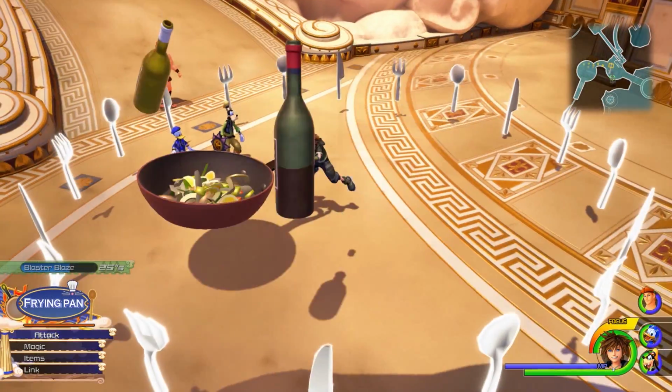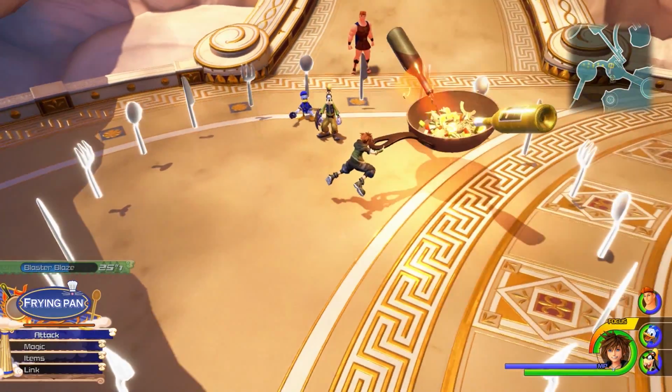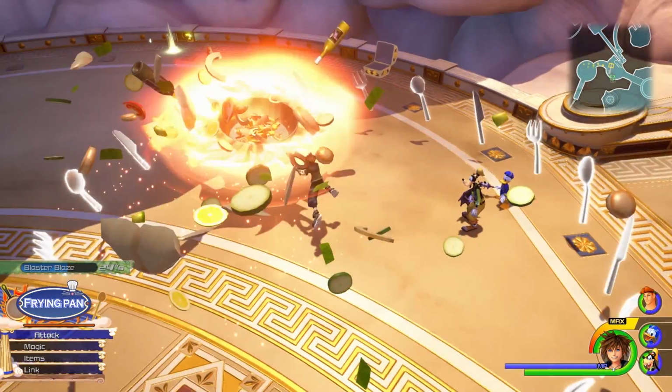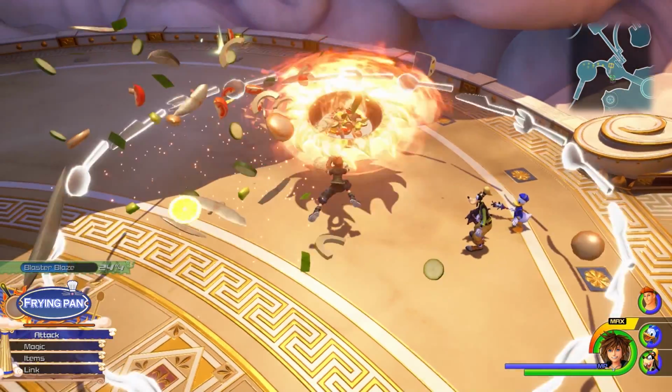The two wine bottles that were on the Keyblade appear on both sides of the pan and pour some of their wine into the pan. Flames appear on the bottom of the pan as pieces of food fly out of it. The flames get bigger and the utensils all flip upside down as Sora brings the pan up in front of